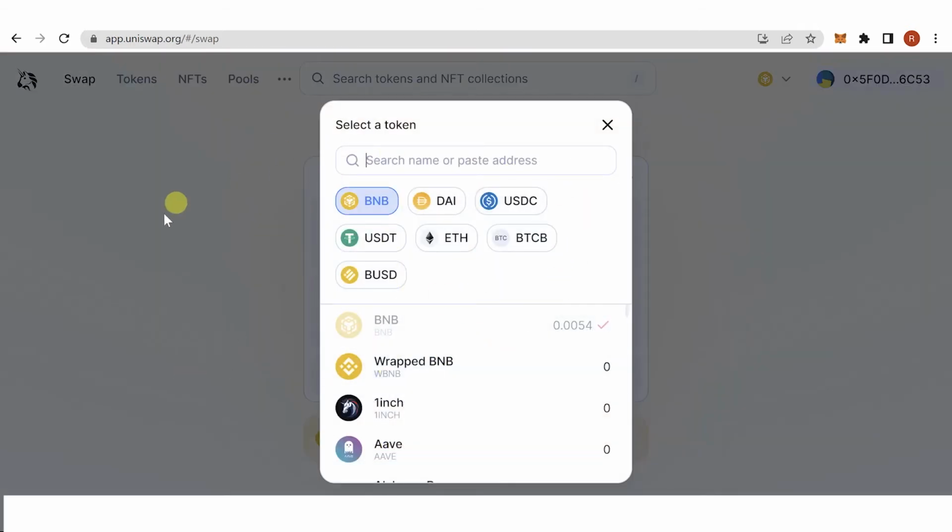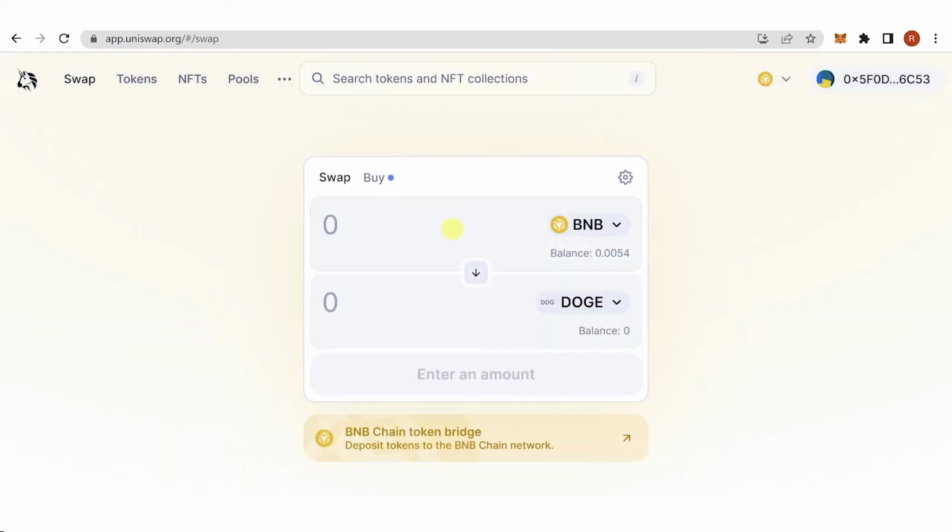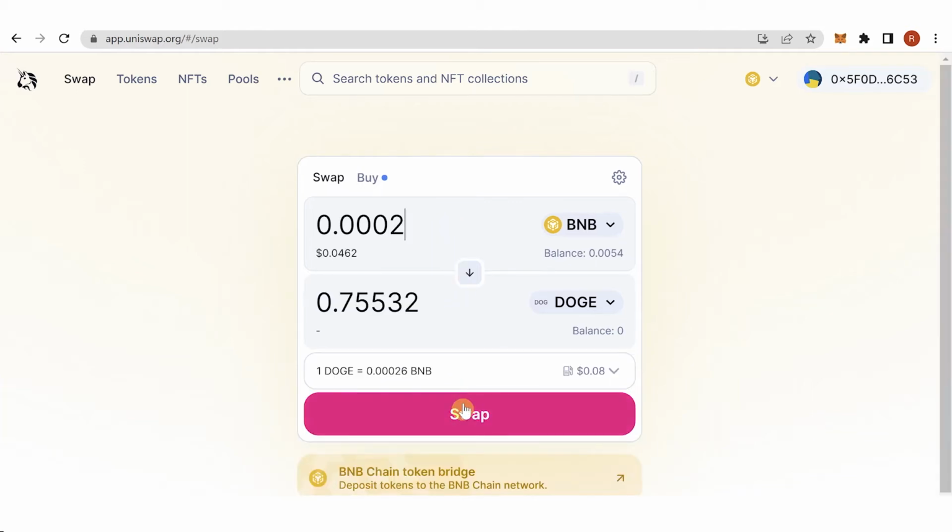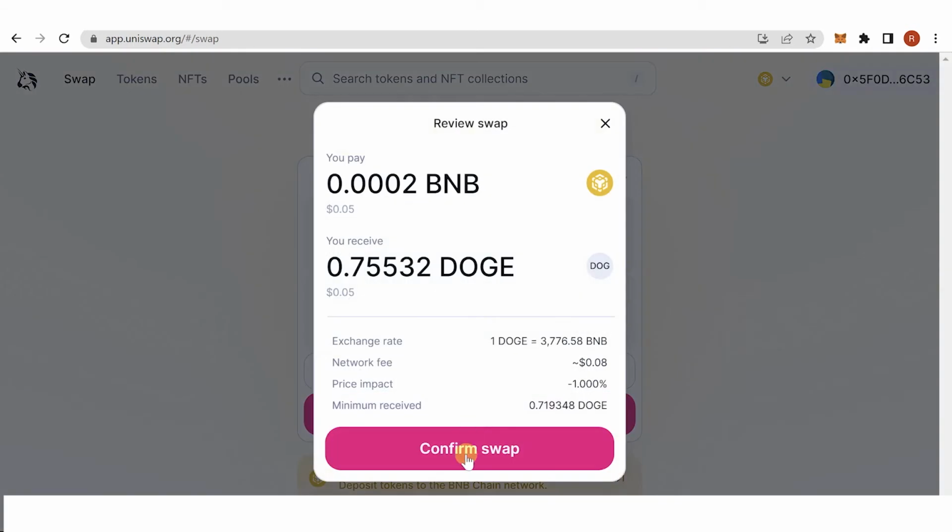token you want to swap, for example, BNB. And then, for example, I want to swap 0.0002 BNB, and then I will receive this amount of Doge. Then click swap, click here,